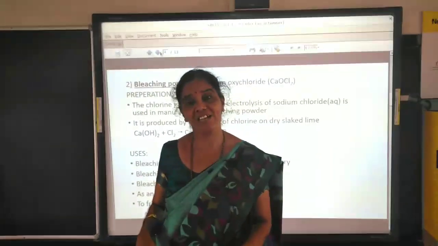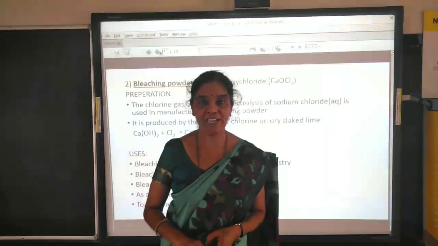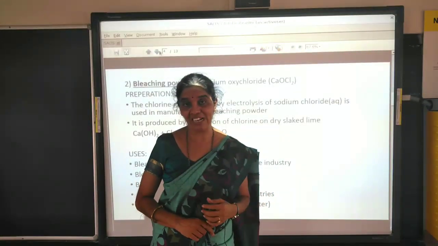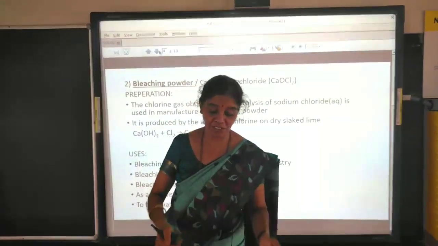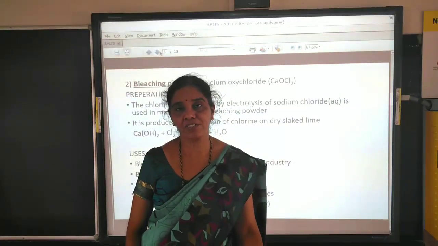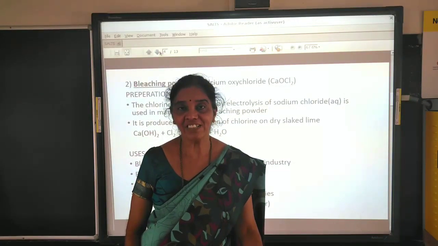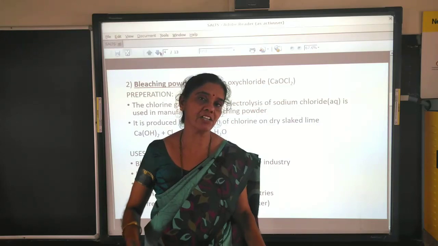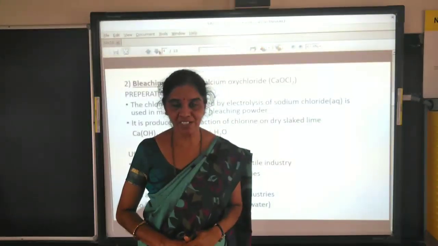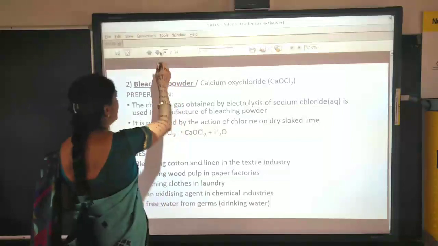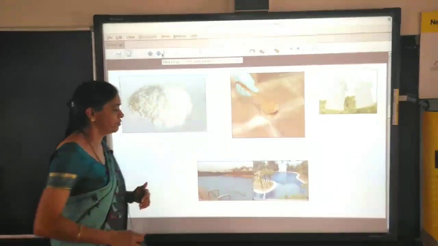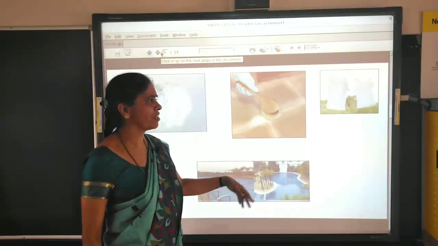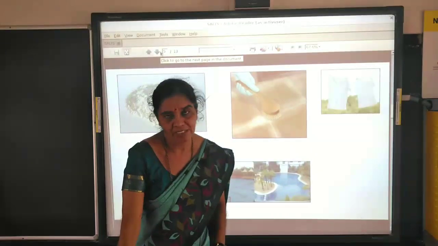And this bleaching powder has the property of killing bacteria and microbes. So in drinking water, they use this bleaching powder. On a large scale, the water is sent to different houses, right? So they have to kill the microbes and bacteria, because they should safeguard the health of the people. In this regard also, they use bleaching powder. That is about some of the uses of bleaching powder. You can see now how it looks. It is a white powder material. Even in swimming pools they use it in small quantities, and in laundry and cleaning purposes they use it.